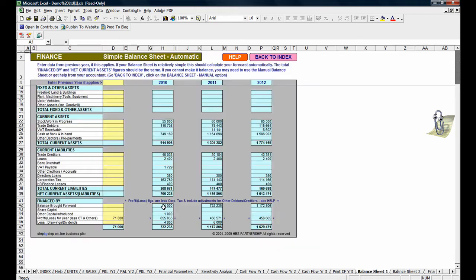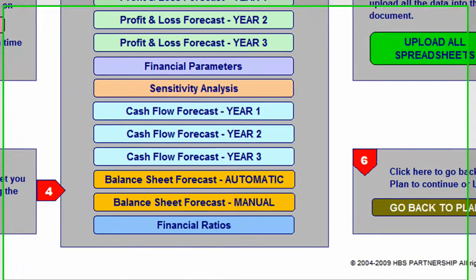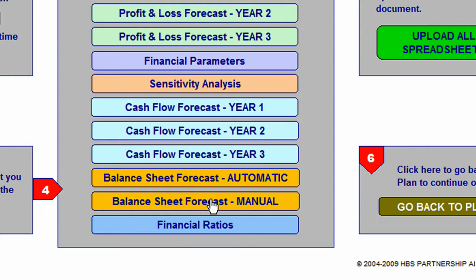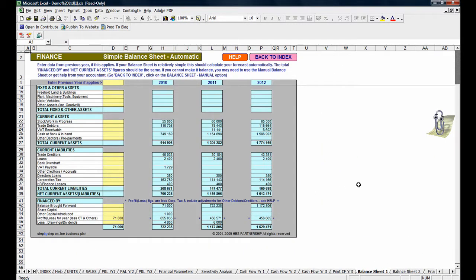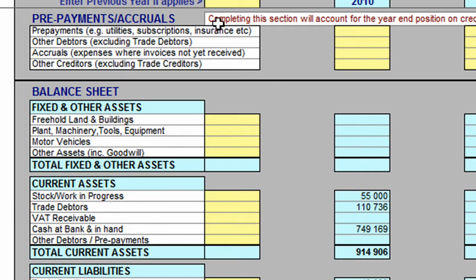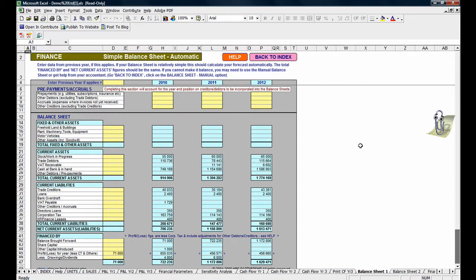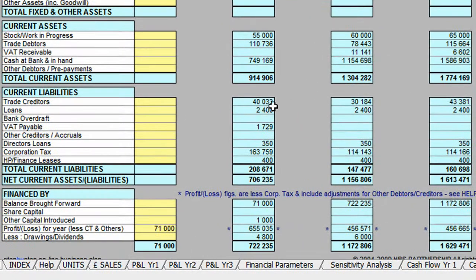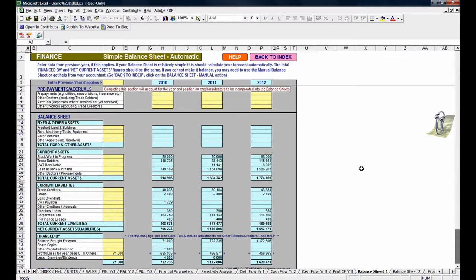To move on to balance sheets, here are two options: the automatic balance sheet, which has been set up to calculate your forecast automatically. However, as the layout of the balance sheets vary from company to company, it is sometimes difficult to match the headings from your previous year's balance sheet here, if you have one, and this information is often critical to the process. The total finance by here and the net current assets here should be the same. If you cannot make them balance, you may need to use the manual balance sheet,